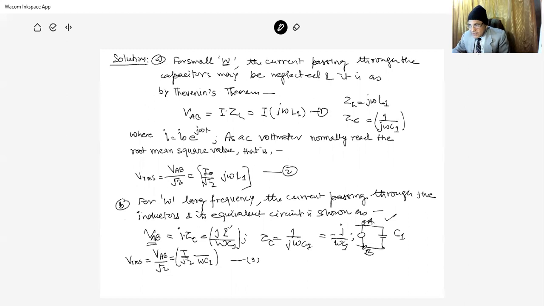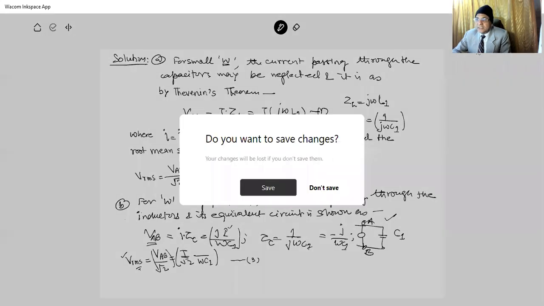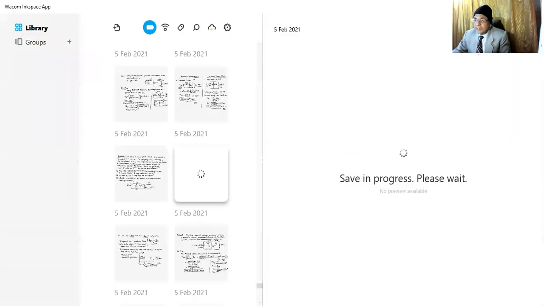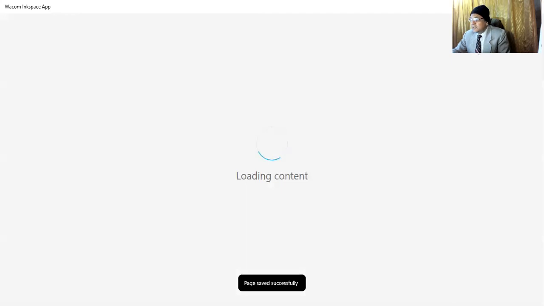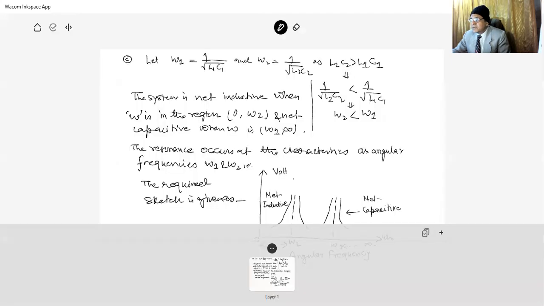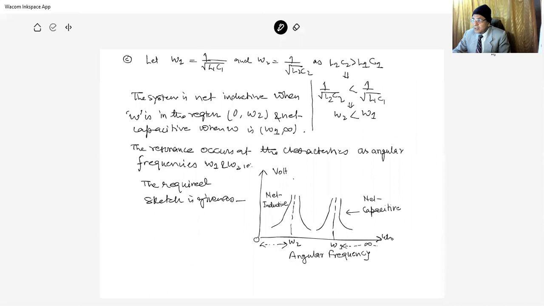So this one is minus j omega C1, and the RMS value, that is the voltmeter, will read this VAB upon under root 2, again because of the root mean square value. So I upon under root 2 omega C1. So these are the two readings that have been recorded in the AC voltmeter, which works on the basis of the